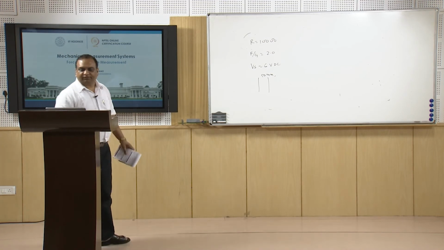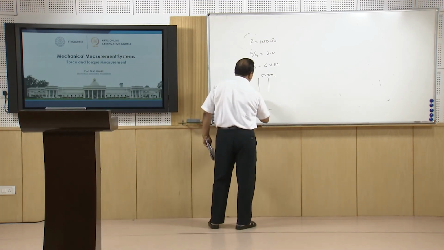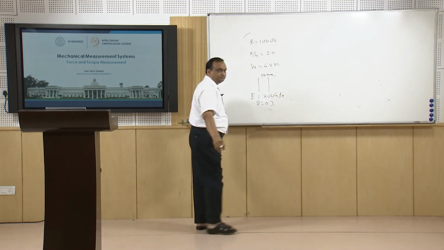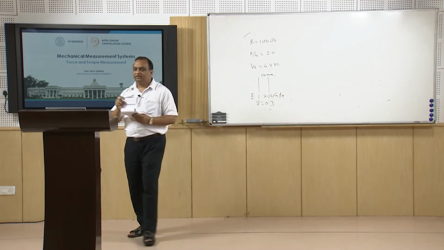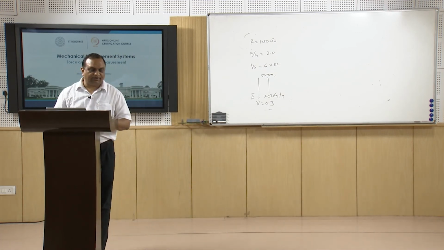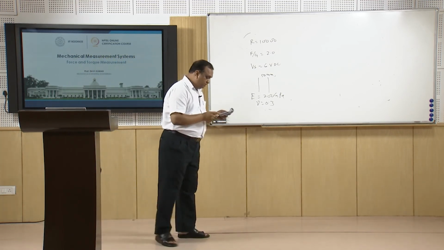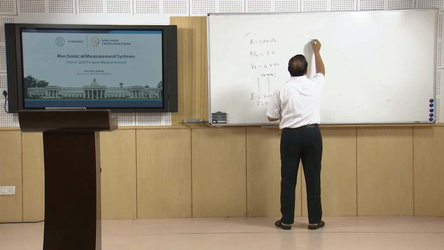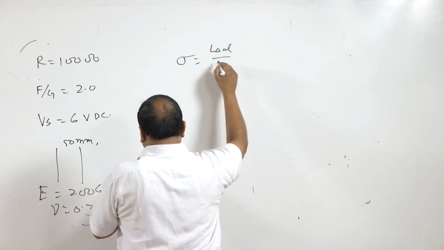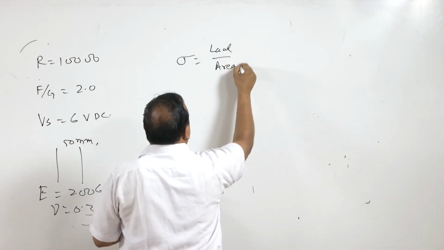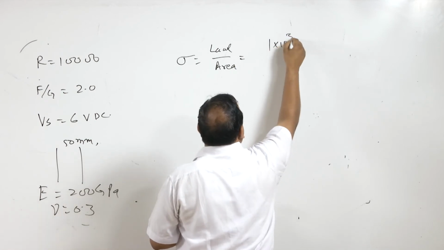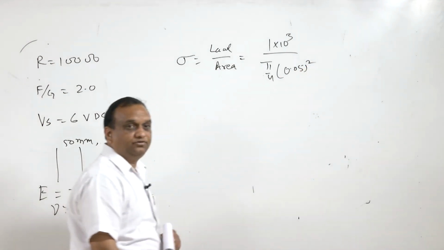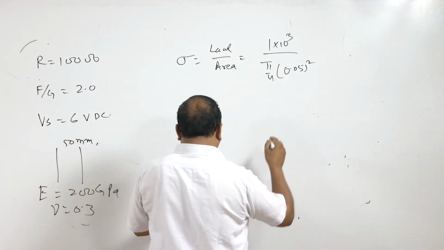And modulus of elasticity for steel is 200 gigapascal and Poisson ratio is 0.3. Now for this we have to find the sensitivity of the load cell. So let us take 1 kilonewton of force which is working on the load cell. So sigma is load divided by area. So 1 kilonewton means 1 into 10 to power 3 divided by area, pi by 4 d square, pi by 4 into 0.05 square, and this will give the